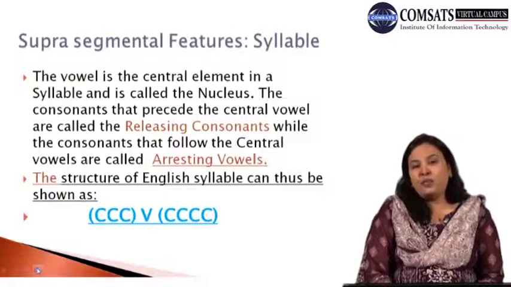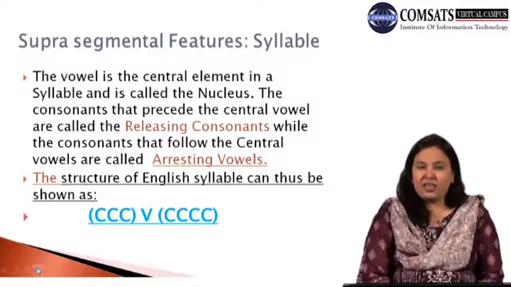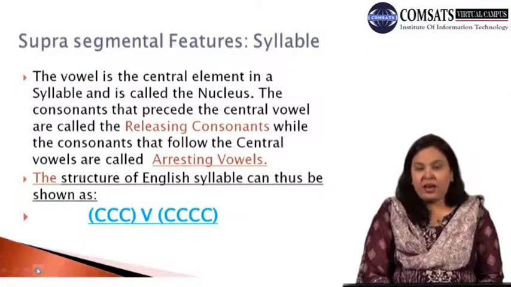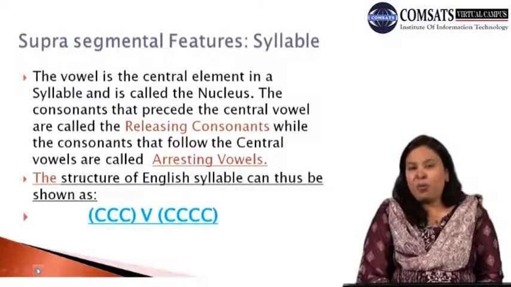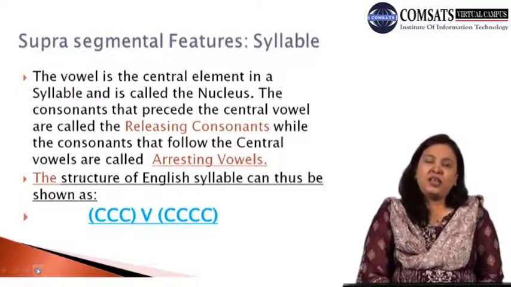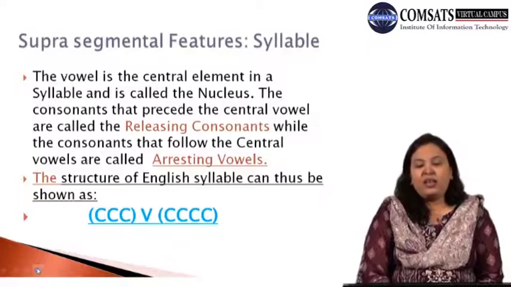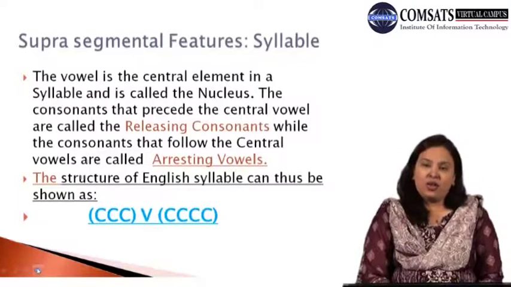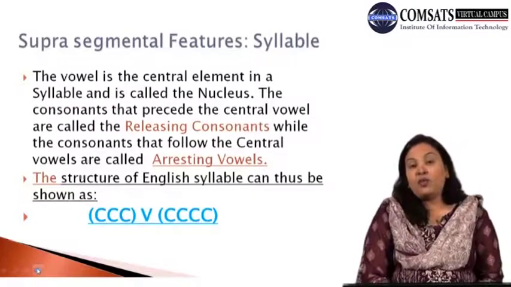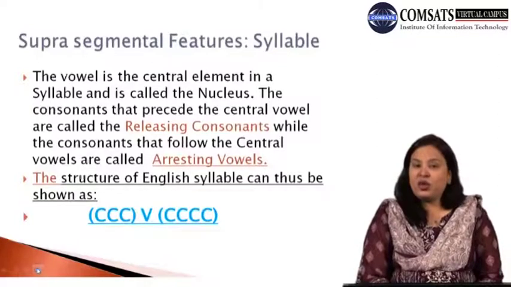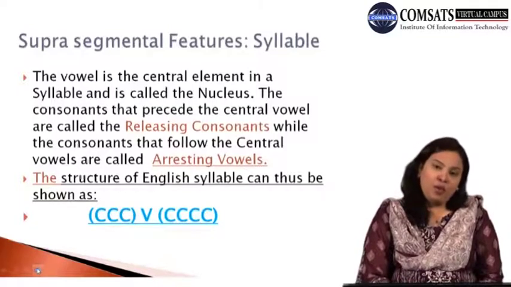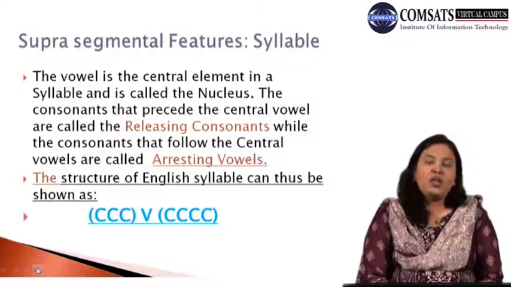If we look at the arrangement or the positions of the different elements in a syllable, then the vowel is the central element, the peak element or the nucleus. As I mentioned before, the middle part, the nucleus, is the obligatory part, and a vowel takes the position of nucleus. The consonants that precede the central vowel are called releasing consonants, while the consonants that follow the central vowel, the nucleus, are known as arresting consonants, because they are following the vowel. They are capturing the central vowel, so they are known as